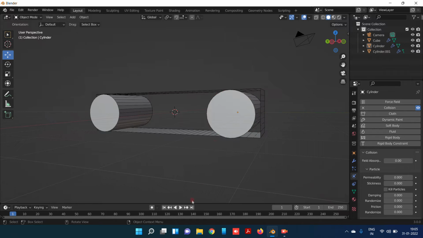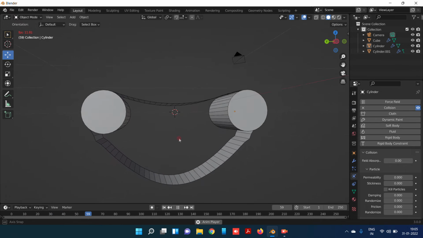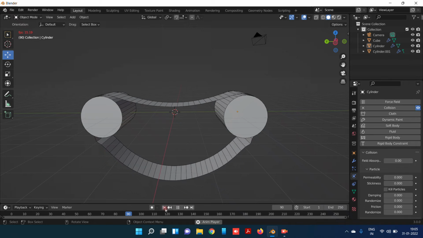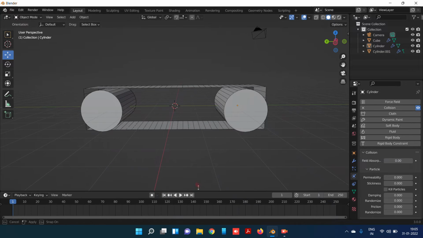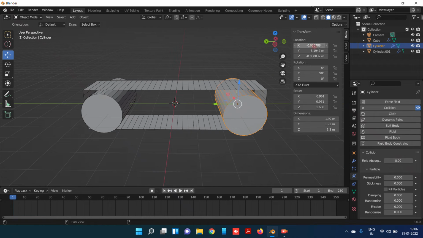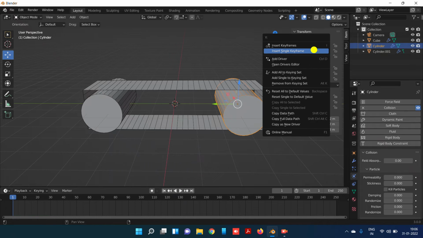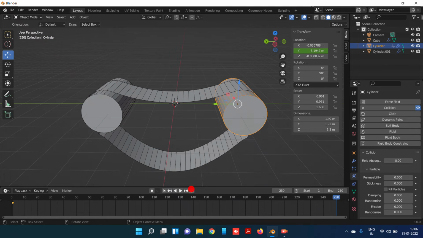No, it will be fine. When we play this thing, no, it will be fine. It is fine to see that thing. So next thing what we have to do is enter the properties. So first press this thing, and we have to be in the first frame. After pressing this, press N. Now we can see this one, and what we have to do is right click, insert single keyframe, and enter into the final one,